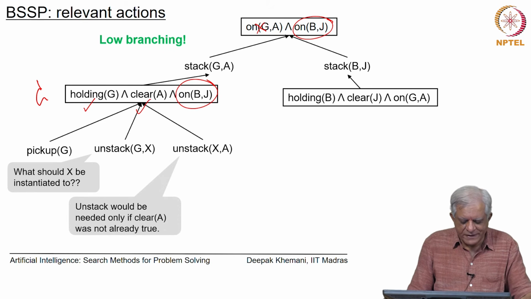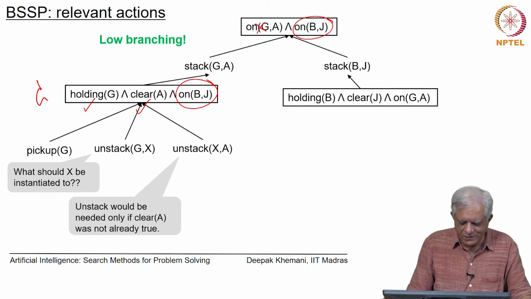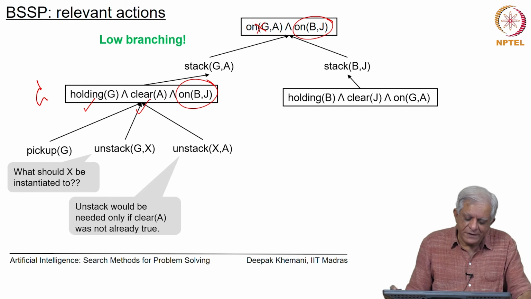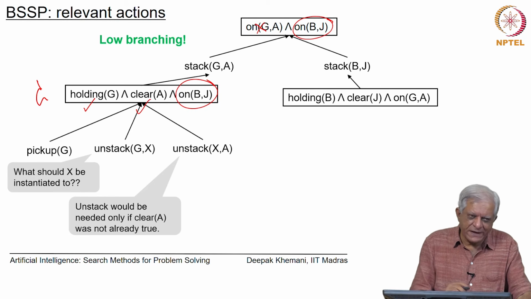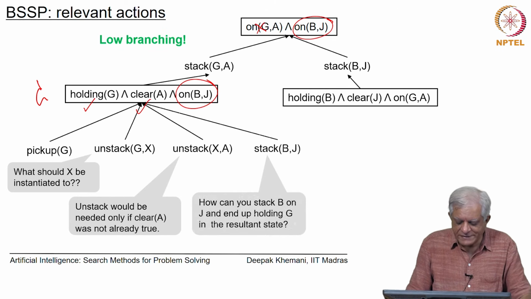Or you may want to unstack x from A. Why? Because one of the goal conditions is that A is clear, and maybe you need to make it clear by unstacking something on top of that. It is not clear whether you need to do this action or not, but the set of relevant actions include all these things essentially. Or you may want to say stack B onto J,